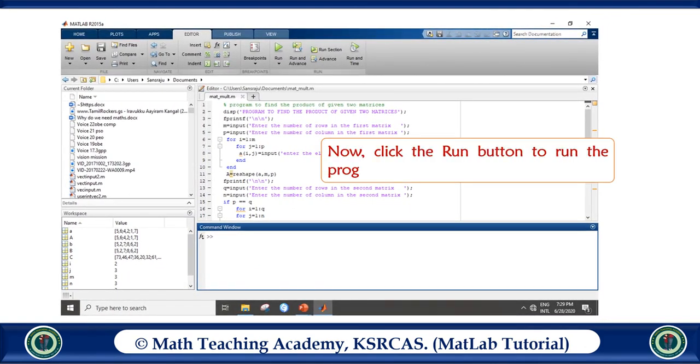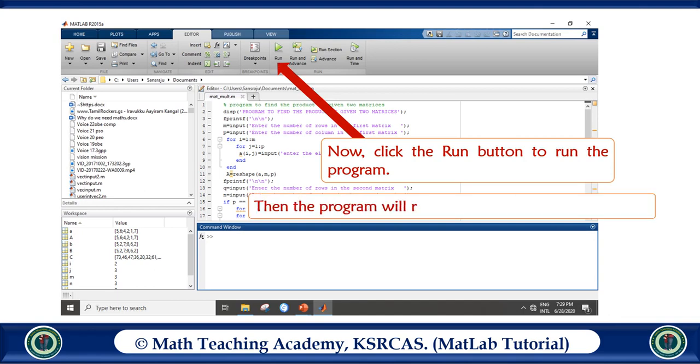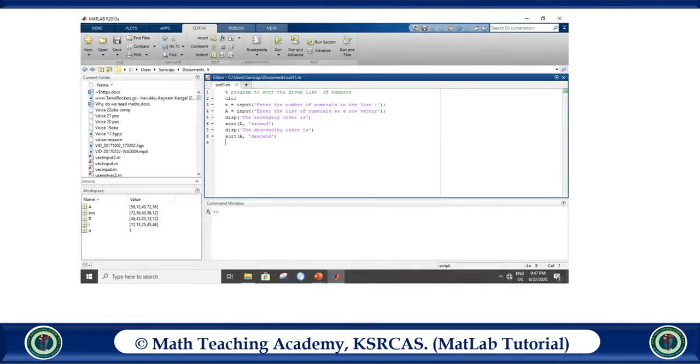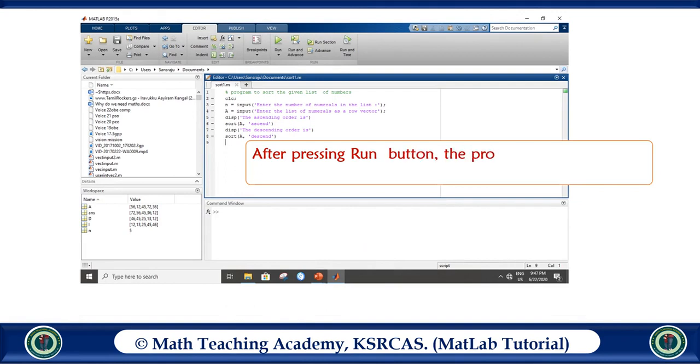Now click the run button to run the program. Then the program will run in the command window. After pressing the run button, the program will be executed in the command window.